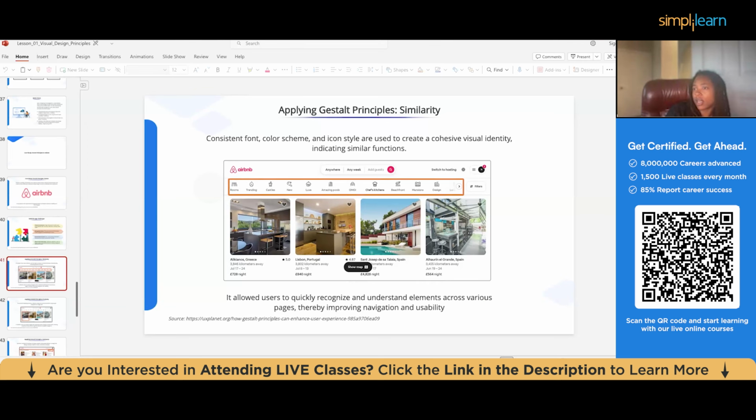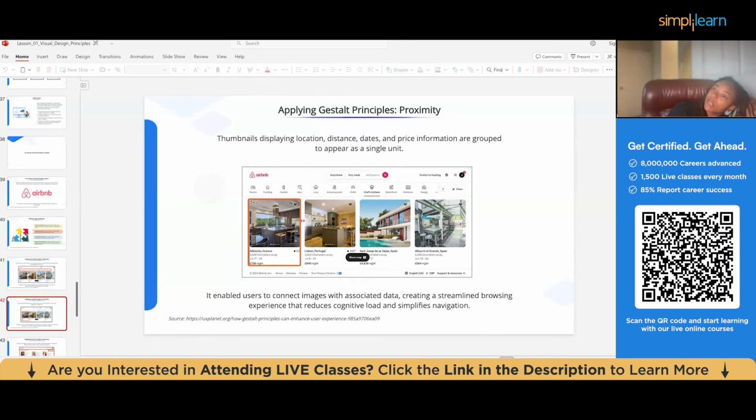It allowed users to quickly recognize and understand elements across various pages, thereby improving navigation and usability. As far as applying the principles to proximity, thumbnails displaying a location, distance, dates, and price information are grouped to appear as a single unit. It enabled users to connect images with associated data, creating a streamlined browsing experience that reduces cognitive load and simplifies